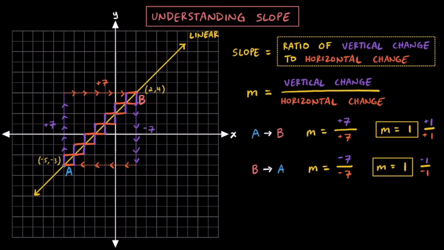Hopefully, this helped you visualize what slope is and helped you understand that you can actually go from point A to point B or from point B to point A and it doesn't matter. Simply put, if you know how far apart 2 points are up and down from each other and left and right from each other, you can always find out